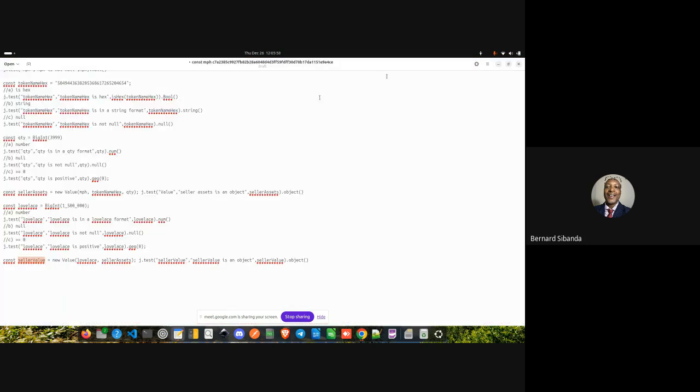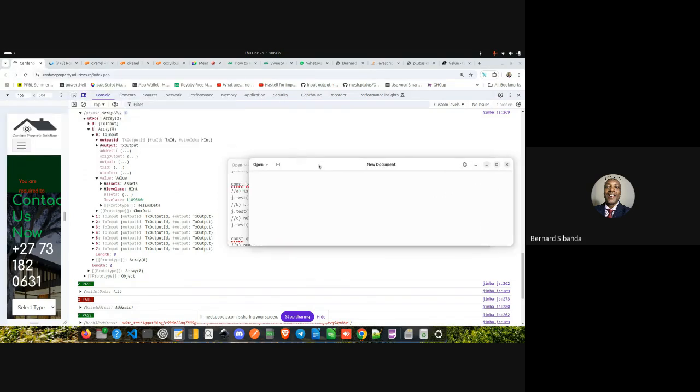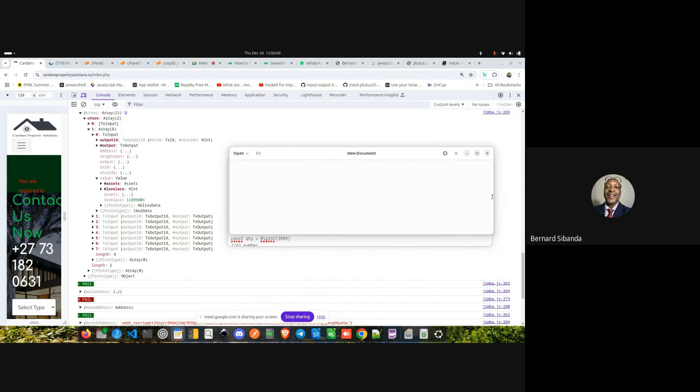So our function can be called isValue, on the off-chain part. Here it will be extending the JLib. Sorry, not the chamber testing, but this will be specific testing of the value.